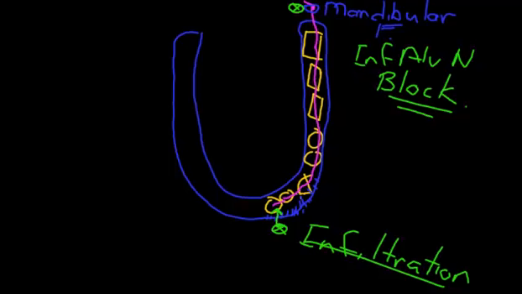Whereas an infiltration means that we put the solution adjacent to where we want the effect. So we've now seen the two methodologies for putting local anaesthetic solution to block action potentials coming from the teeth